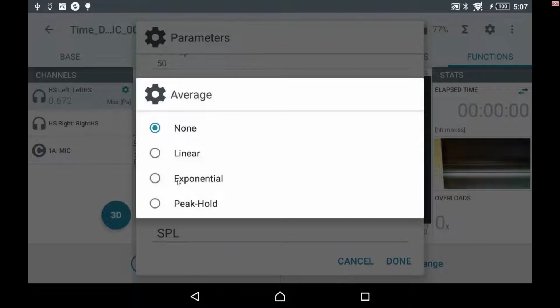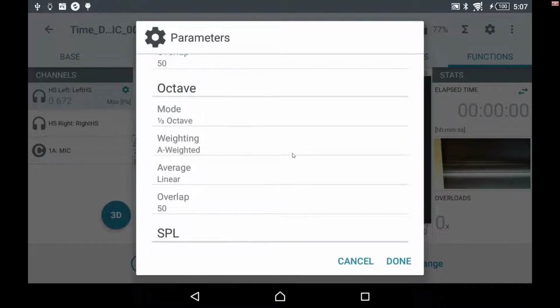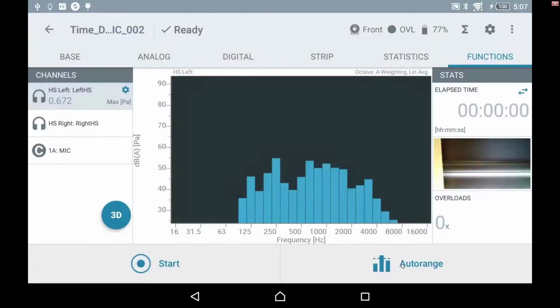If I click that, I can do a linear average, let's say. And again, I can specify an overlap. And what this is going to do is create an average spectrum for me now. And so now as I start talking, you see the spectrum is changing more slowly, right? And that's going to allow me to sort of calculate an average spectrum. So over the course of a quick measurement here, I'll show you how I can get this average frequency spectrum out of the SimCenter TestLab Scope app software. So I'll start my measurement here.